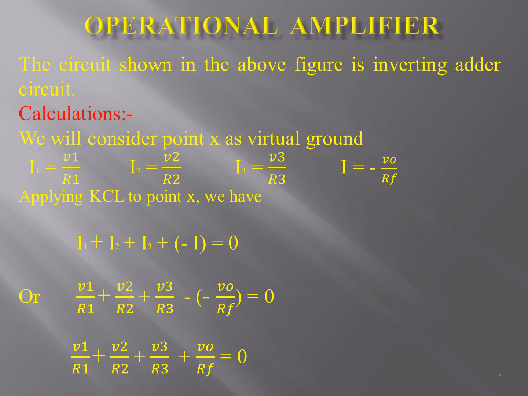Or from Ohm's law, in place of I1 we can write V1 upon R1 plus, in place of I2, V2 upon R2, V3 upon R3 minus, in bracket, minus V0 upon RF is equal to 0. So V1 upon R1 plus V2 upon R2 plus V3 upon R3 plus V output upon RF is equal to